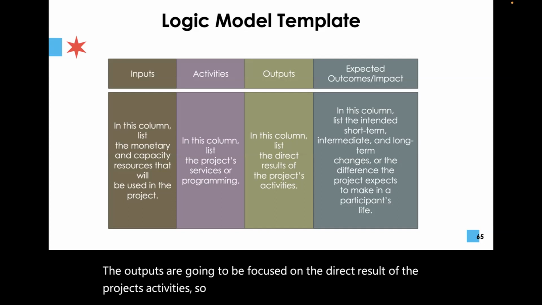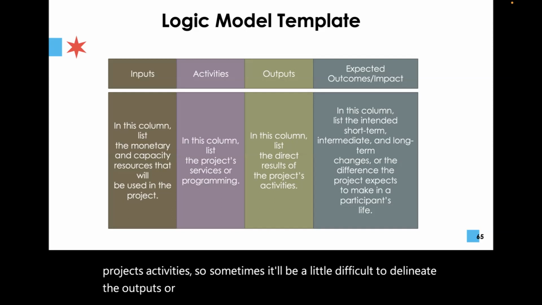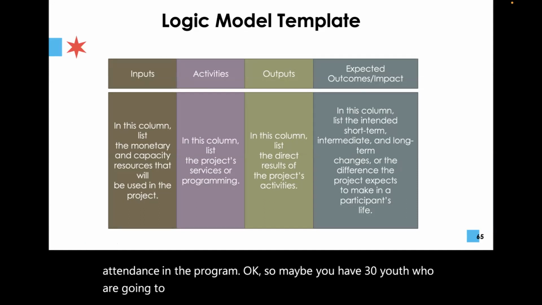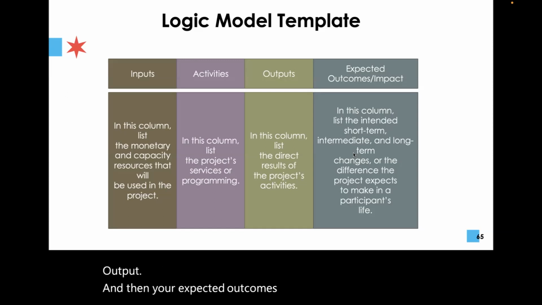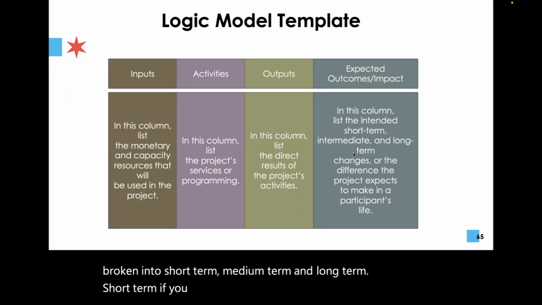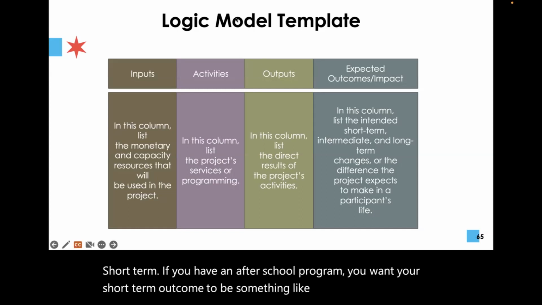So sometimes it's going to be a little difficult to delineate the outputs or the outcomes, but think of the outputs as attendance in the program. So maybe you have 30 youth who are going to attend your after school program for a year, and that's your output. And then your expected outcomes or impact. Again, these can be broken into short term, medium term, and long term. So say short term, if you have an after school program, you want your short term outcome to be something like a positive